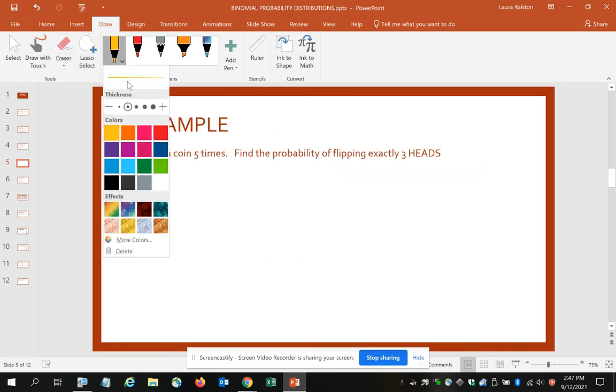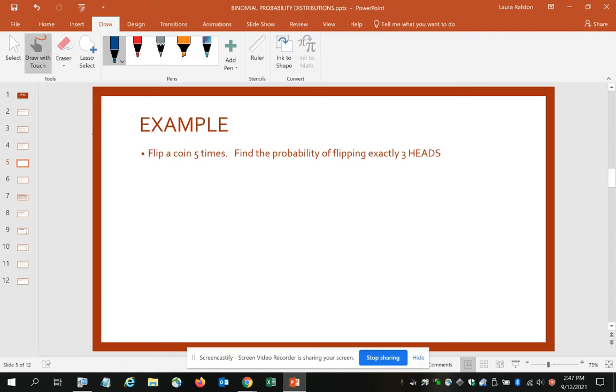So taking a look, our scenario here says we're going to flip a coin 5 times, and then we want to find the probability of flipping exactly 3 heads. Well, before I begin this problem, I may want to confirm that this is a binomial. And to confirm that this is a binomial, I have to see if I meet the four